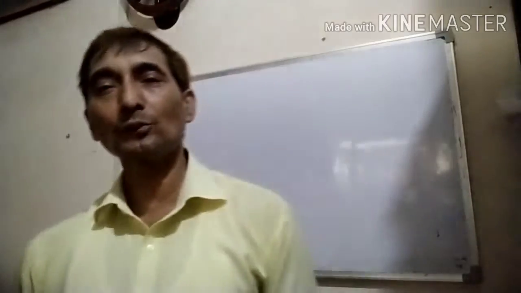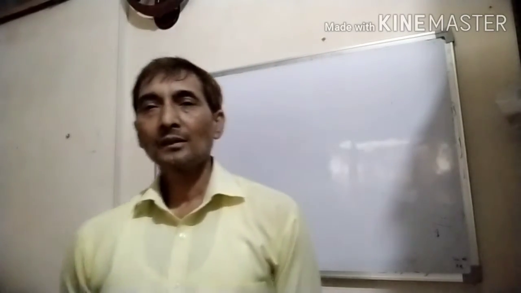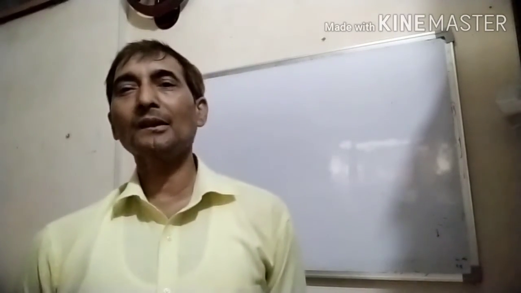What is the relation between zeros and coefficients? Sum of the zeros is equal to minus coefficient of x upon coefficient of x square, you know. Multiplication of zeros is equal to constant by coefficient of x square. This is the relation between coefficients and zeros. Now we have to verify. Firstly, you have to find the zeros of the polynomial.